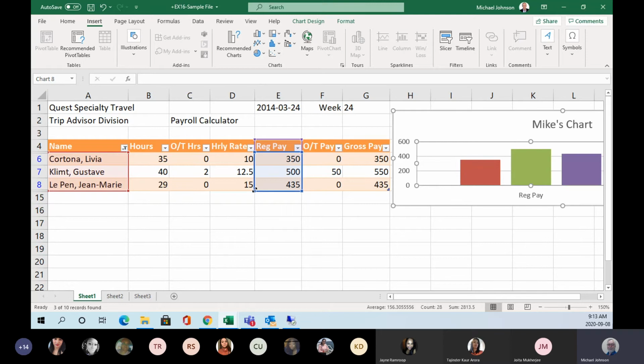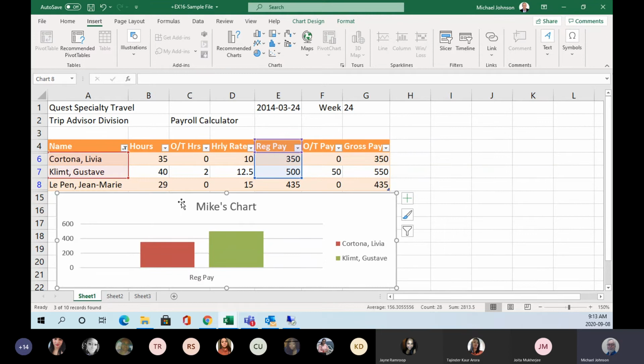And maybe I don't want all of them, so I'll just choose the first 2. Again, by grabbing those little fill handles, I can shift things around a little bit. And that gives me a clear understanding as to what data I want. And you and I know that when we put our mouse on the line around a particular group of cells,